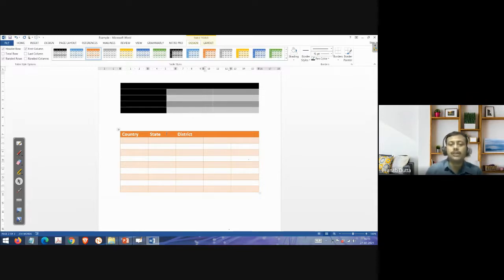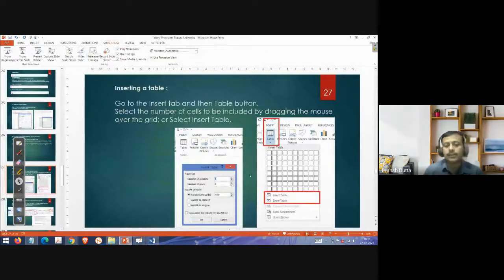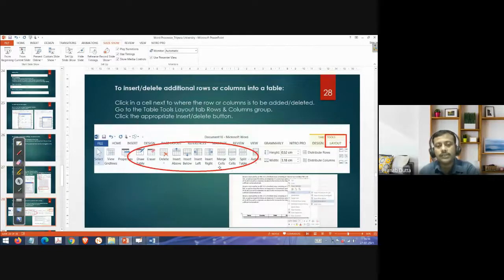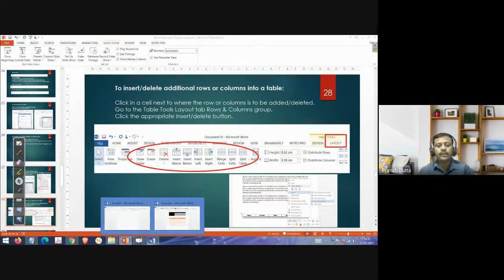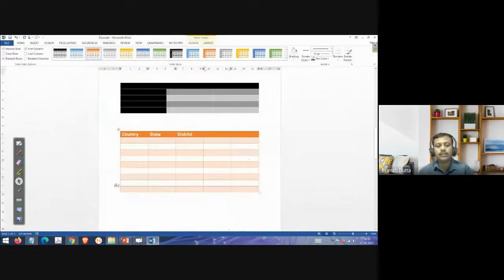Okay, this is how to insert a table in your document. Right, this is what I am showing, table, then insert table and all these things. Okay, that is the designing. Now deleting a row from the table or increasing a row in the table, two ways I can do it. Suppose I don't require these last two rows. So I will select these last two rows.